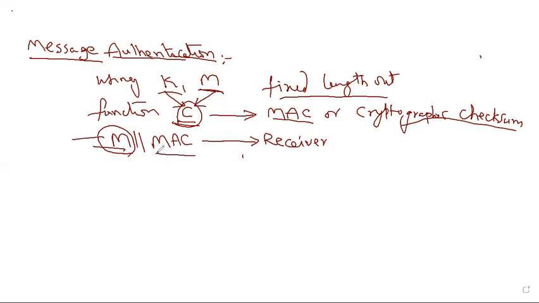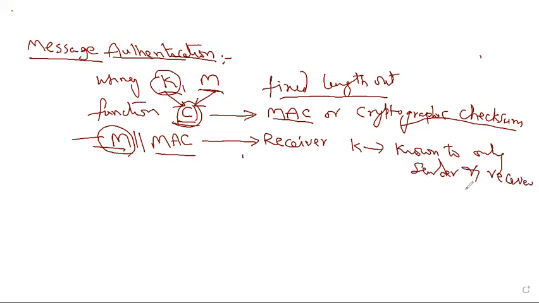Because the attacker cannot change the MAC, since this MAC code is generated by the MAC function with the help of secret key K. This secret key K is known only to sender and receiver. So no opponent, no third party, no cracker, no attacker can change